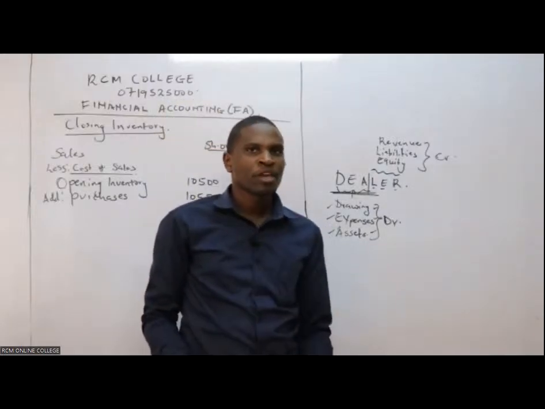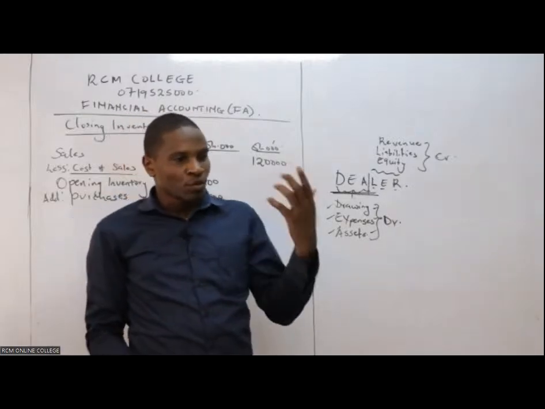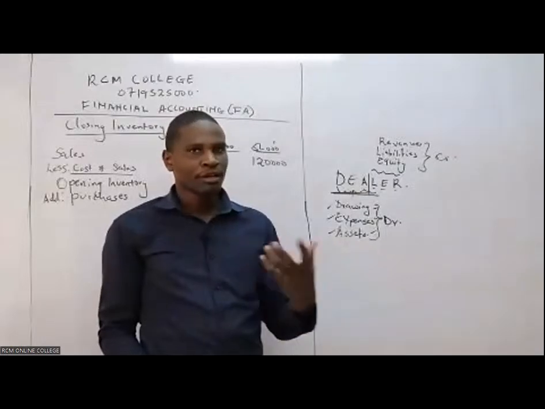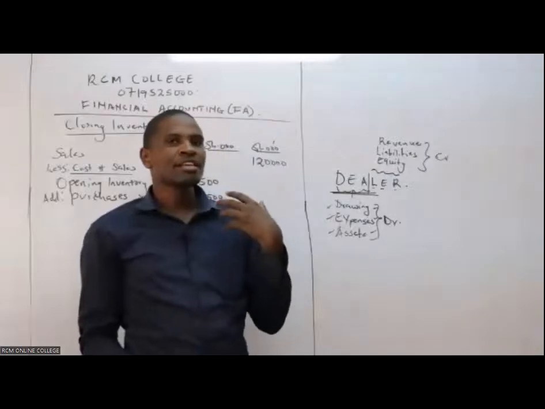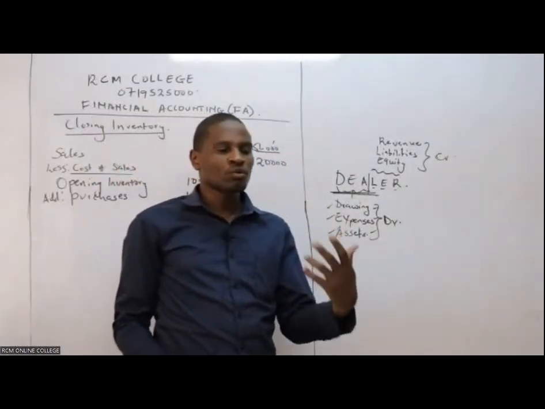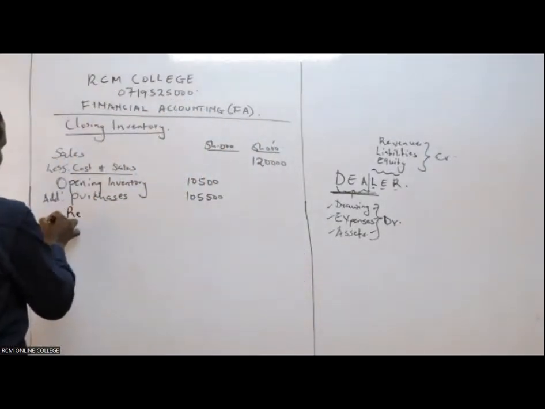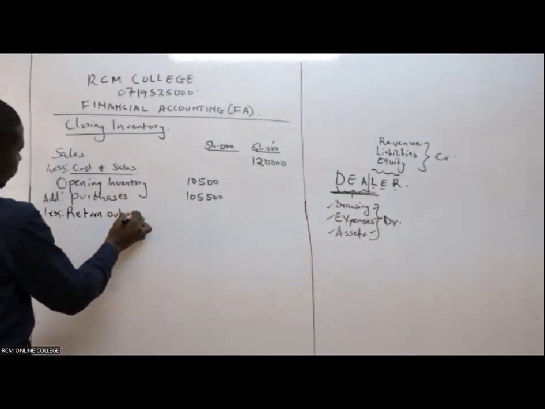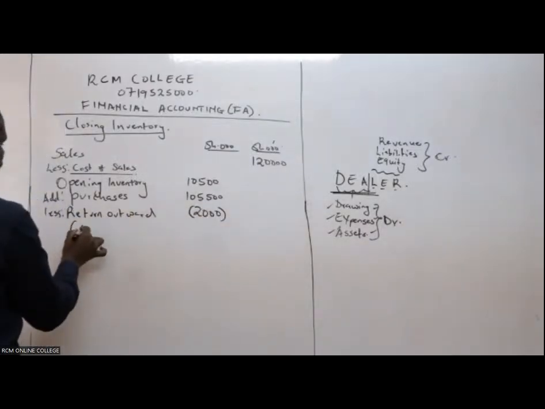Remember, we have carriage inward, the cost that we incur when we are bringing the goods into our business. Carriage inward is added. And then return outward, we do what? Return outward, we subtract. We less return outward. So if I less 2,000 here, whatever I'm going to get here is COGS,